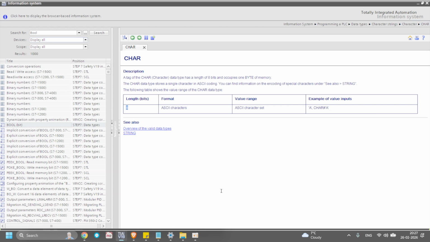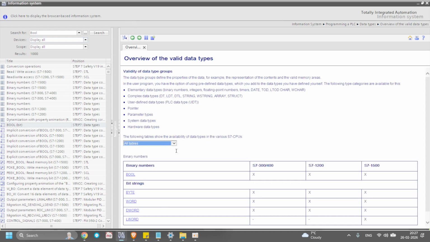Example, you want to create a five-letter string, then 5 into 8 is 40. You have to create a collection of 5 bytes, which will occupy 40 bits. That's the concept. These are the major data types we use in basic PLC programming.